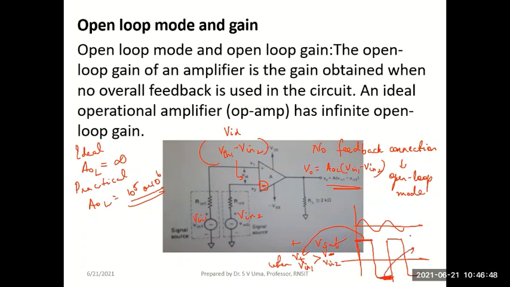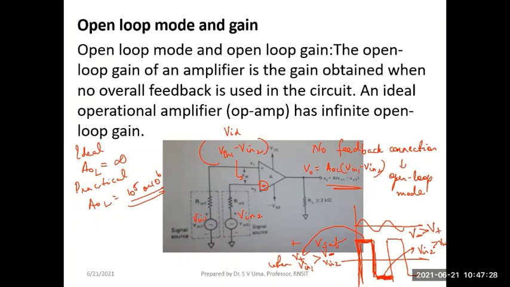You will have negative saturation when the voltage given at the inverting terminal is more than the voltage at the non-inverting terminal, or when Vin2 is greater than Vin1. You see, whenever I have Vin1 greater than Vin2, the voltage at the plus input, the non-inverting input, is higher than the voltage at the minus input, then the op-amp output remains at positive saturation. And whenever it is the reverse, the negative terminal input is more than the positive terminal, then the output will be at minus VSAT.